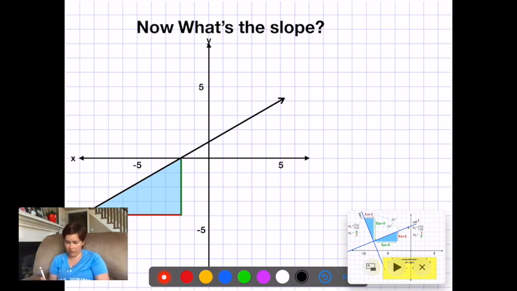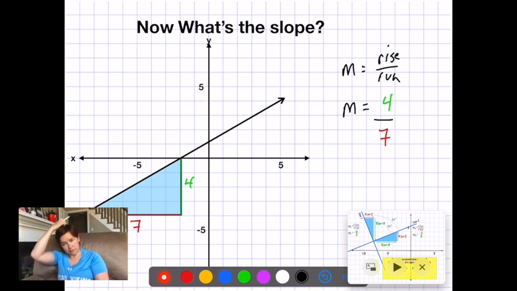Well, if we look now, the rise is the green line. It's still 1, 2, 3, 4. It's still the same size triangle. The triangle hasn't gotten bigger or smaller at all. So the red line is still 7, but now it's the run. And the run is positive. We're always going to treat the run as positive. And the rise is actually positive now, whereas the rise was negative before. So now the slope of this line is 4 over 7. Again, we should always start with our intro line,